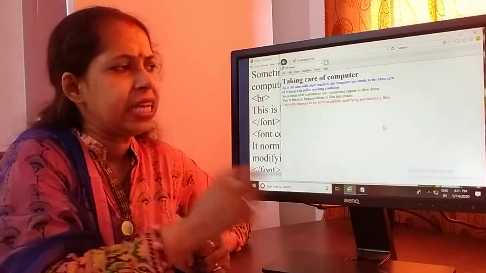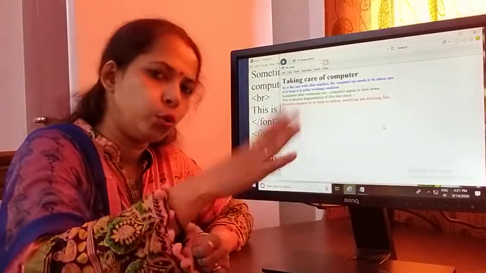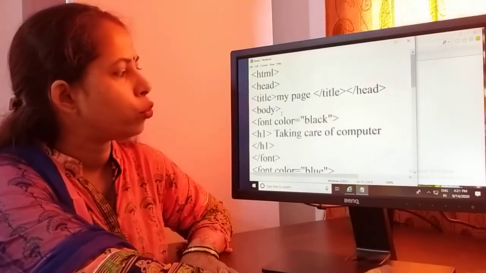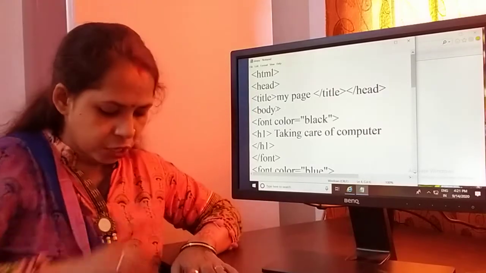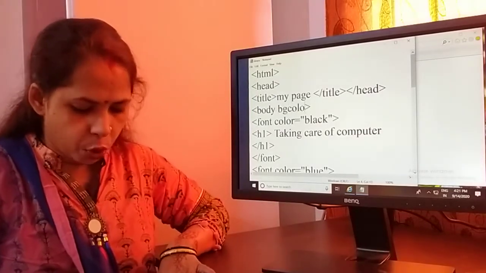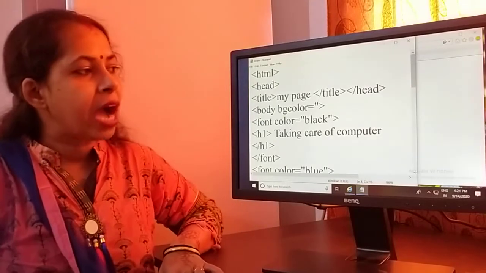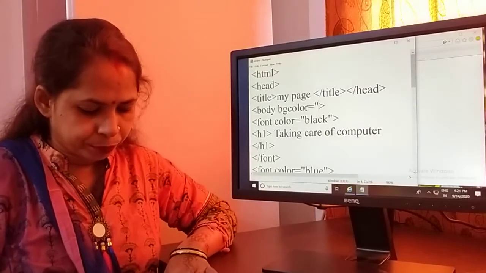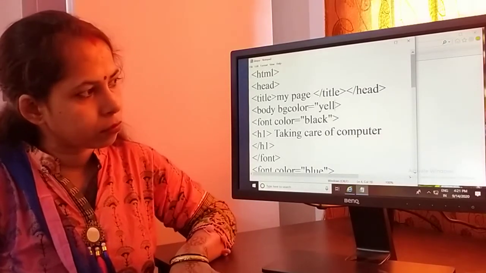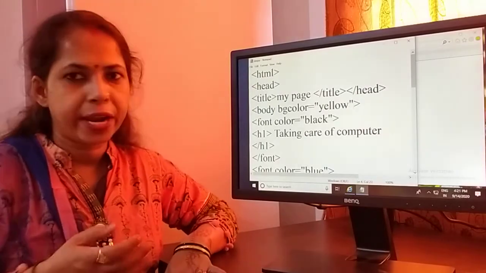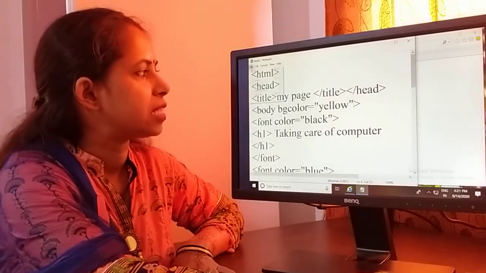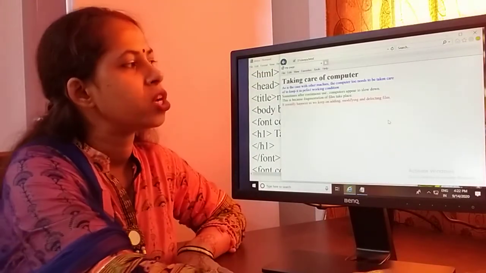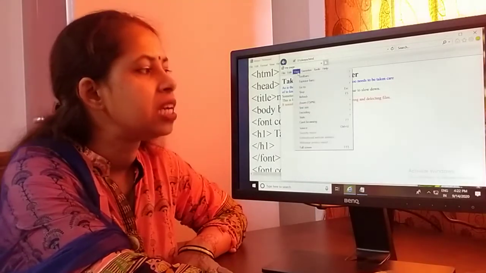If we have to take any background color for this web page, you know everyone how to set it. So going again to the notepad coding window, we go to the body option. In the body section we will write body bgcolor equals to any color name. I have to write any color name. I will write yellow, okay. I have to write yellow color and save one time because this is my new modification. After that we go again to this web page, go to the view option and refresh.